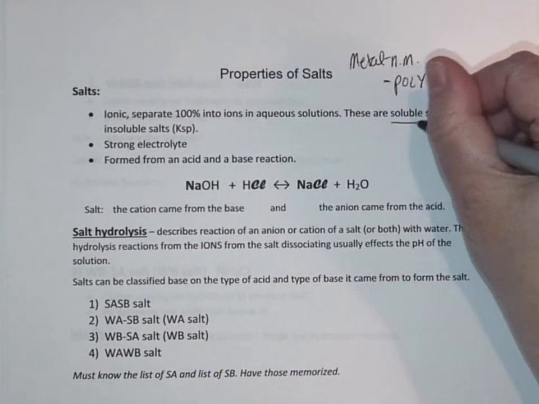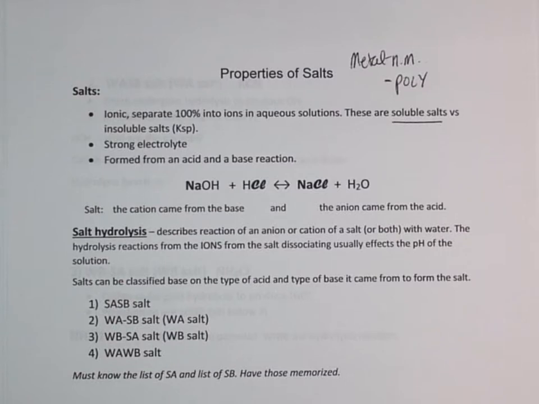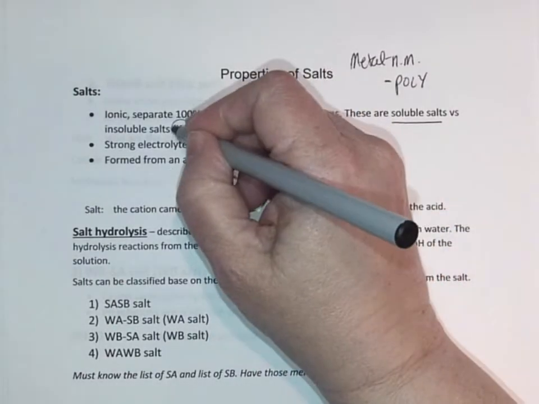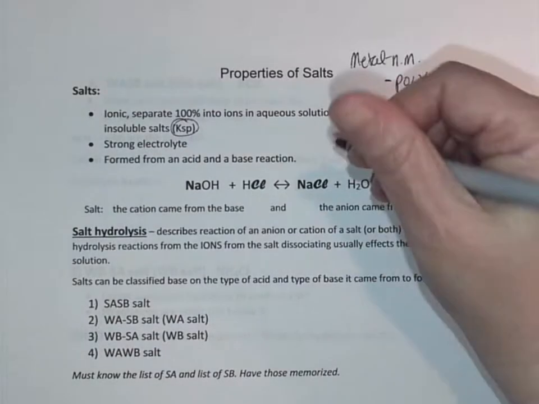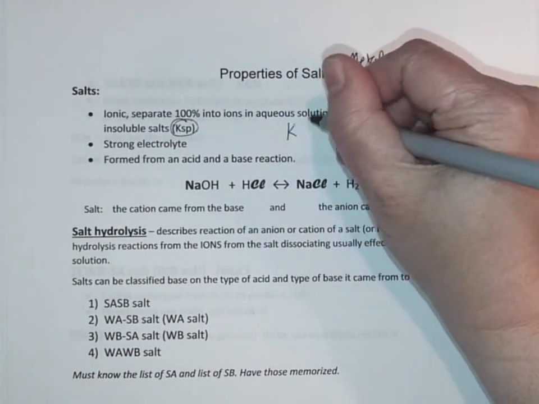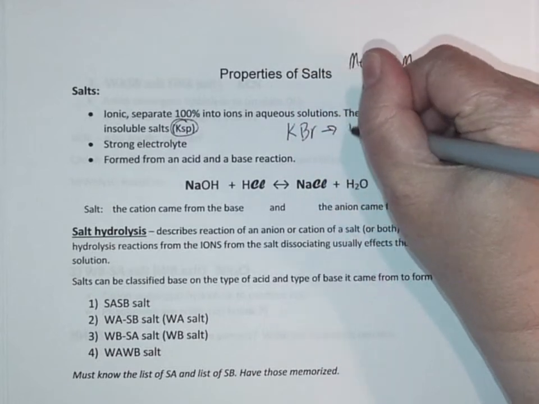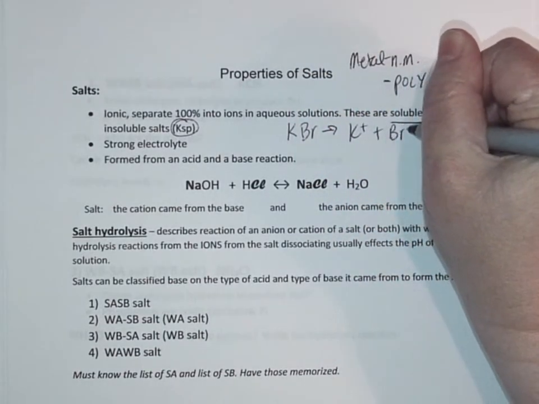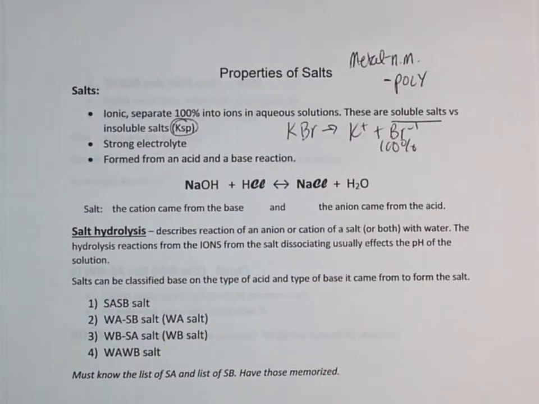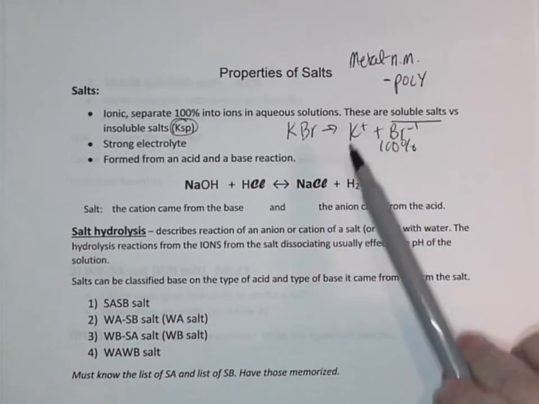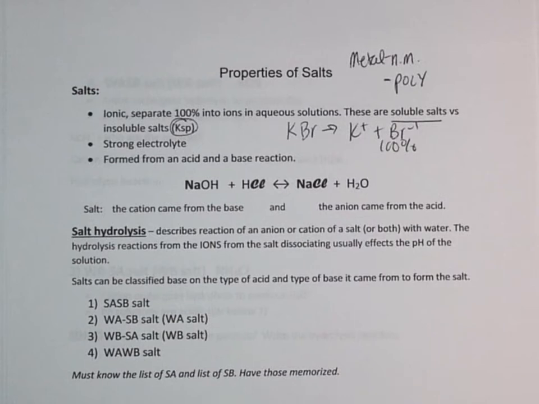We are looking at soluble salts, and later on we'll look at insoluble salts that actually need a Ksp value. So these are all soluble salts, which as soon as I put them in, let's say I have something like this, it's going to be 100% ions, so I won't have anything left as the molecule of salt. They form strong electrolytes because they make ions, and really where they came from was from an acid-base